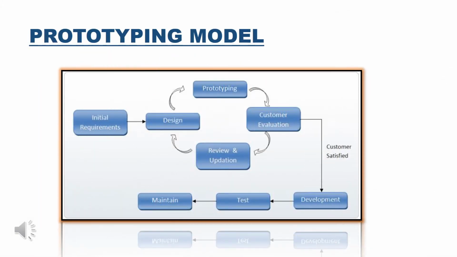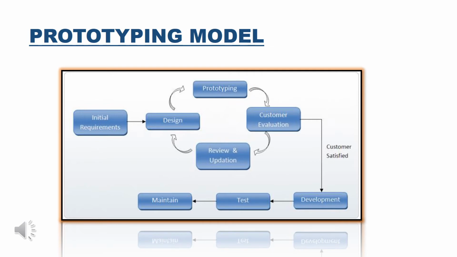So this is the diagram of the prototyping model. In this, the first phase is the initial requirements, where we gather the requirements from the user, and on the basis of these requirements we create a quick design of the system, which is also known as a prototype. It is not a detailed design, but it includes only important aspects of the system, which gives a rough idea to the user. That prototype represents the working model of the entire system, or you can say what the required system is.